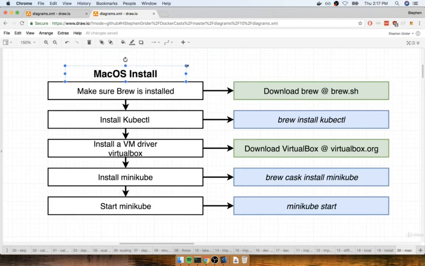All right, so now that we've got Homebrew installed, we can move on down to the next step, which is to install the kubectl command line tool. Remember, this is the tool that we're going to